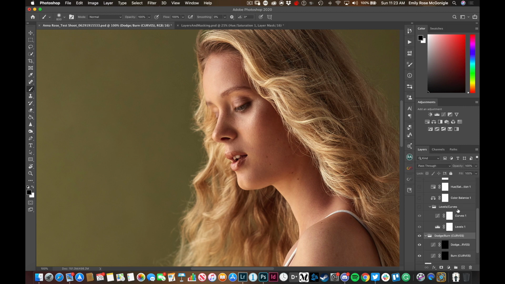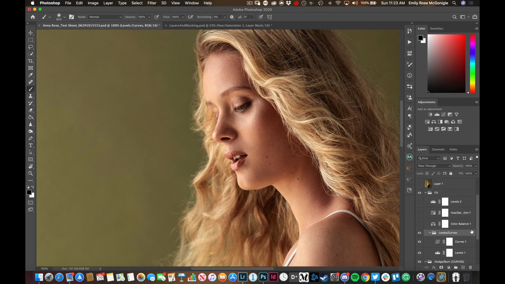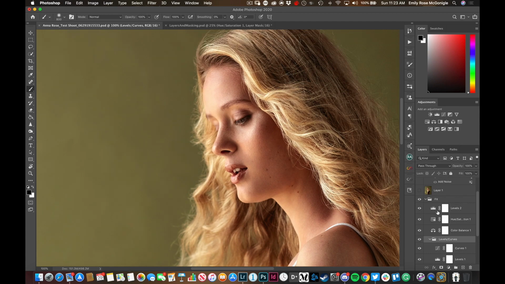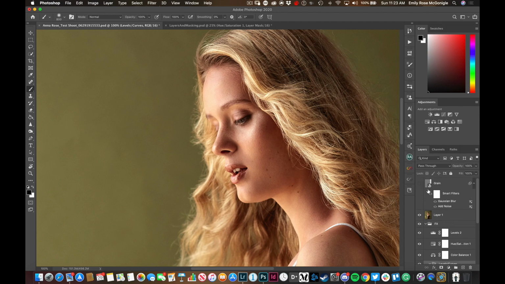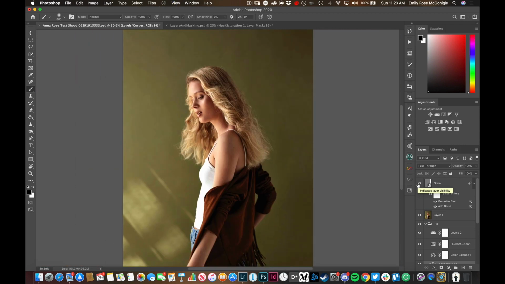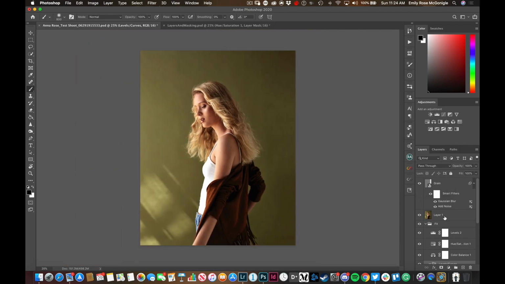And again, the next 2 layers I've grouped together because they are related to one another. I have my curves and levels, which helps me add contrast and density to the image. And then I've got a color balance layer, which helps me shift the color a little bit, a hue and saturation layer, and a levels layer again to add a finishing pop of contrast. And then I've got a grain layer to add a little bit of noise. So you can see that I've done more than just background work. As a matter of fact, I didn't do any background work to this image, but it's still really important to